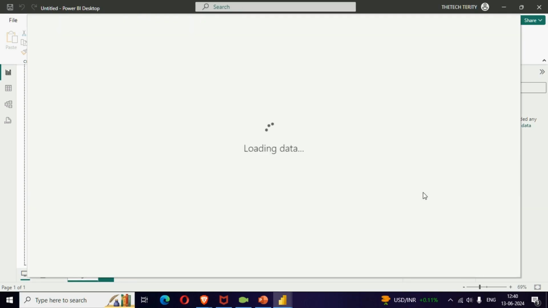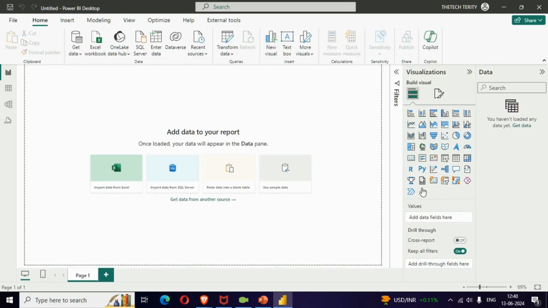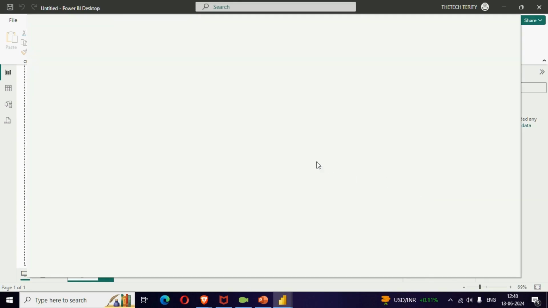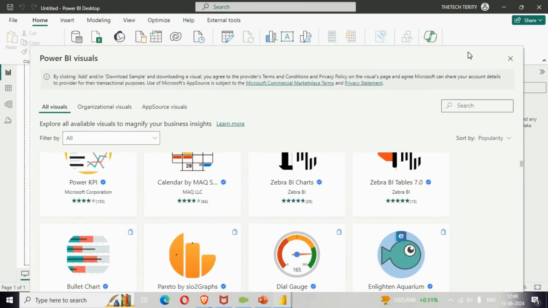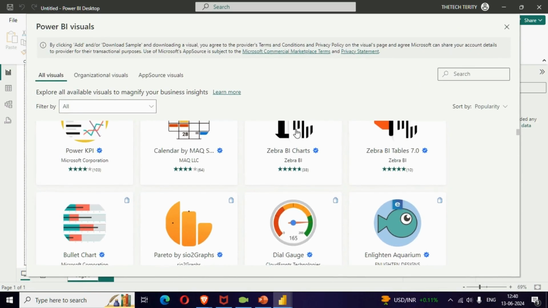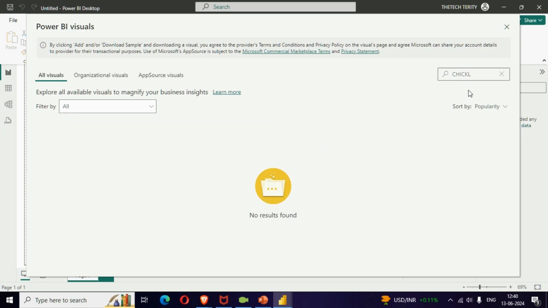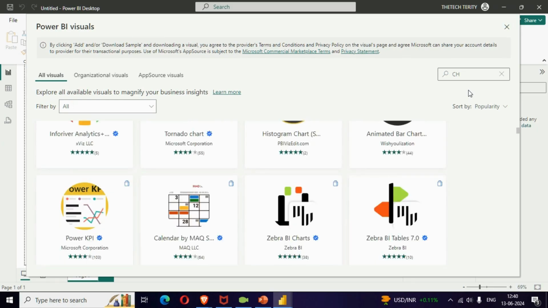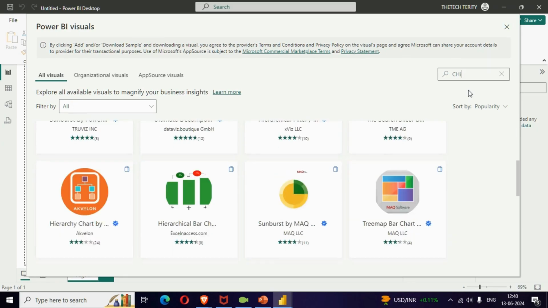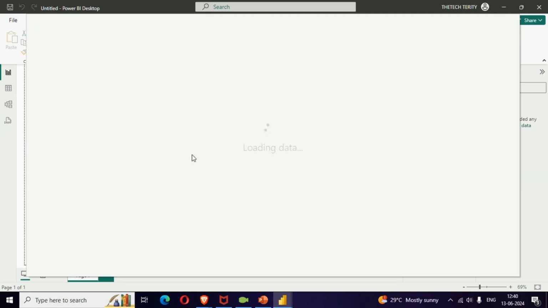Now when I click on it, it says Power BI visual. Let's close this again, and I'll go to get more visual again. Now you can see it is logged in with this detectability account. That's the new account that we created here. Just clear the search option and search for Chicklet Slicer. Yeah, you can see here we got the Chicklet Slicer. When I click on this,